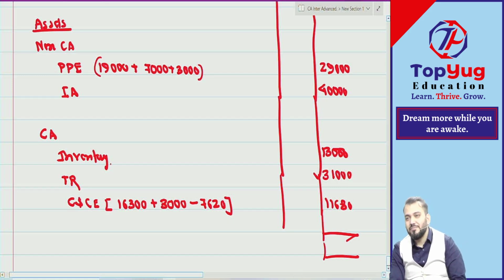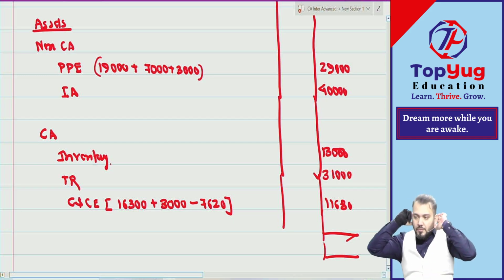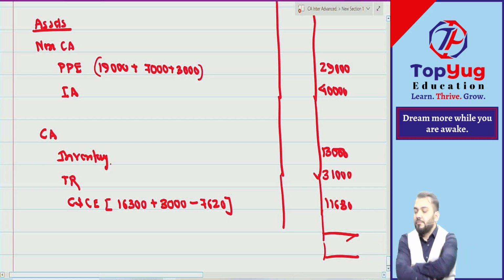But that was already recorded, so that is already in the trial balance. Tallied. Congratulations. Understood. Good question, but